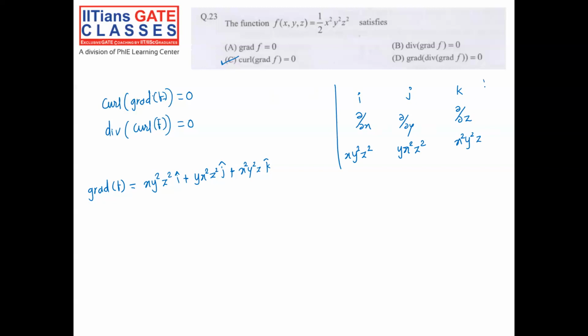Okay, if you take the determinant of it and solve, i times dou by dou y of this term, which is 2x square yz,